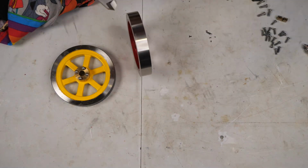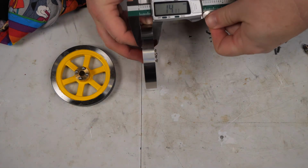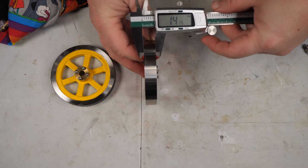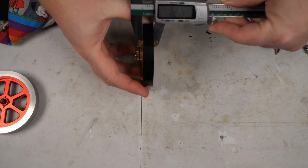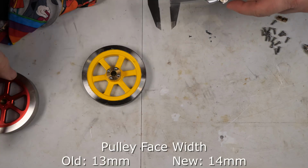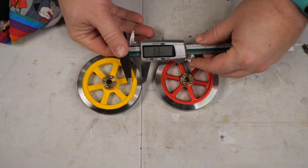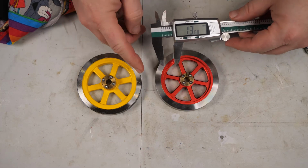So the new one here is about 13.9, 14 millimeters wide, and the old one is 13, so it's a whole millimeter wider. And then this, because it's solid, that's 13.5 millimeters for that whole section there,